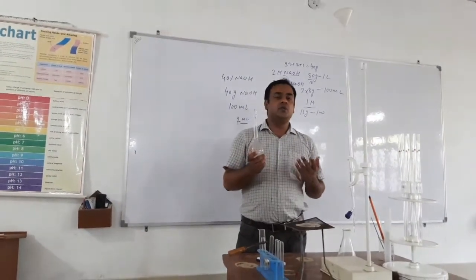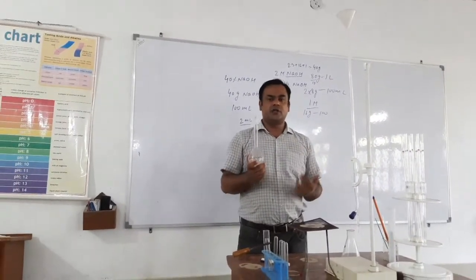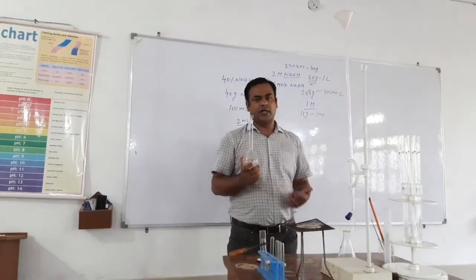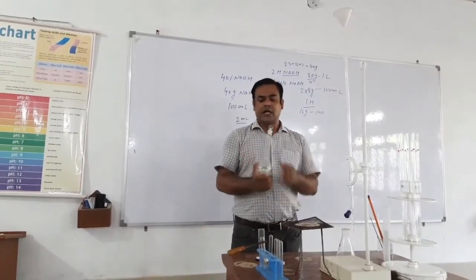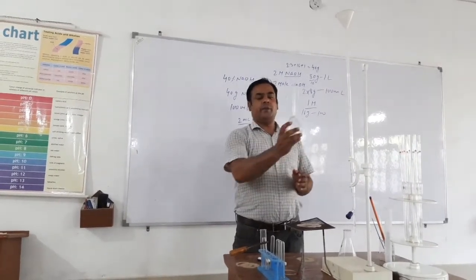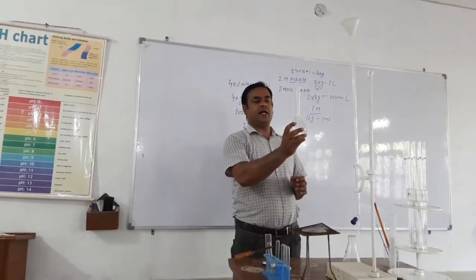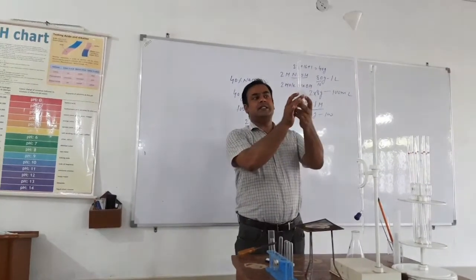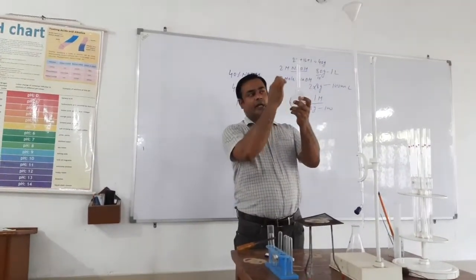Now we can prepare two types of solution, colored solution and colorless solution. If we are preparing a colored solution, then there is a special method of observing this. If you keep this standard measuring flask above eye level, then you will see the upper meniscus of the liquid appear.